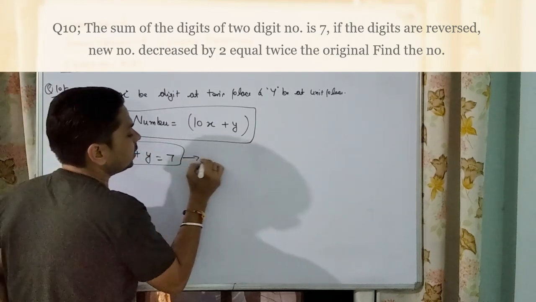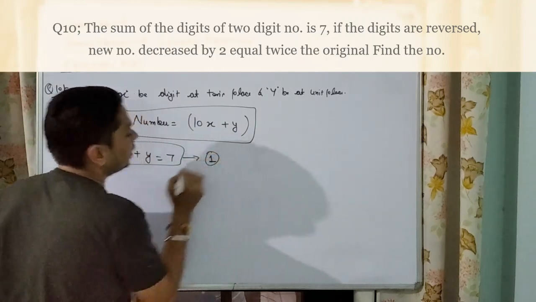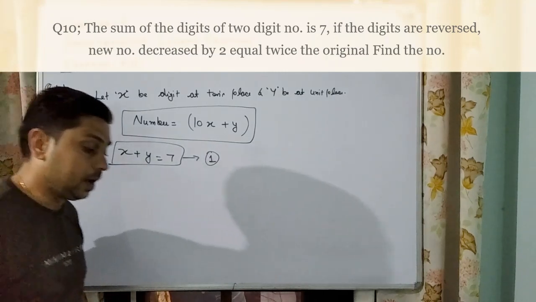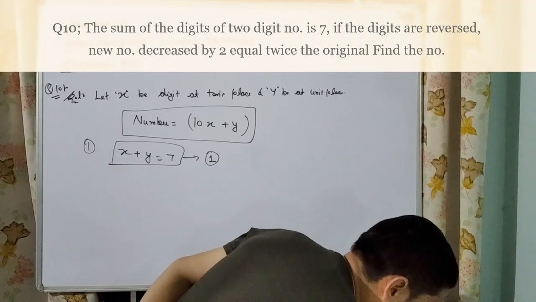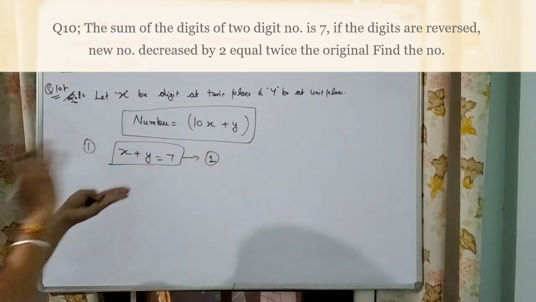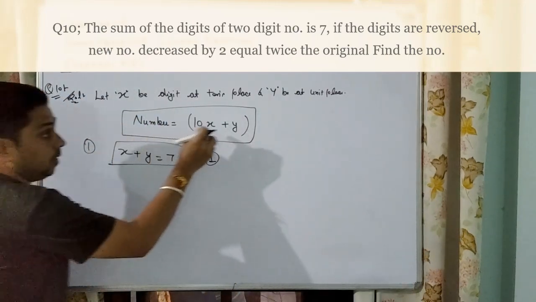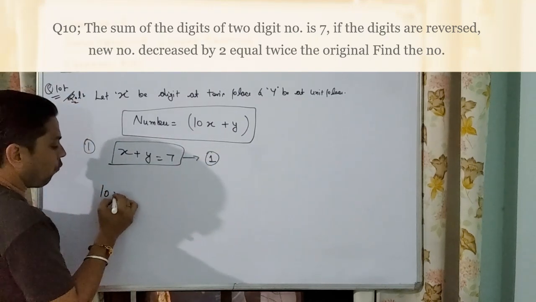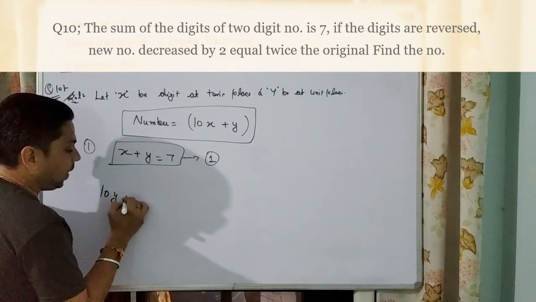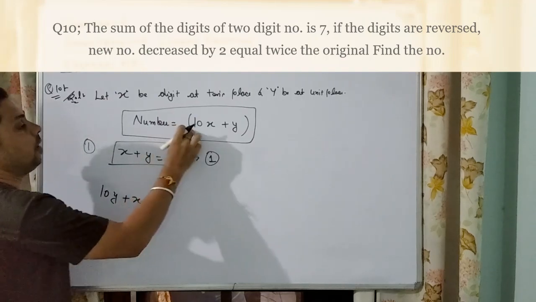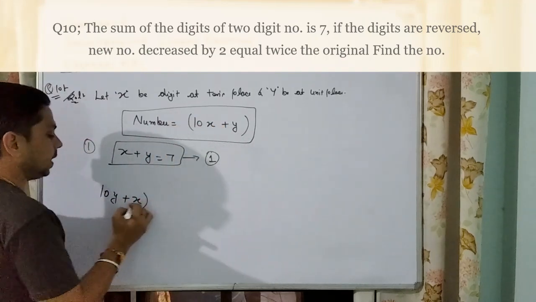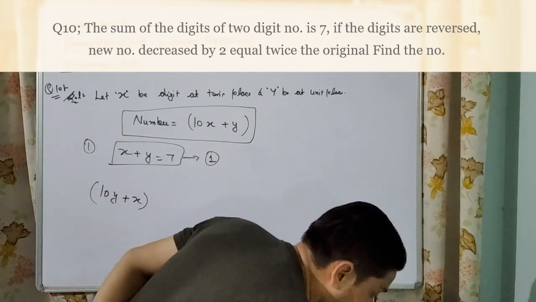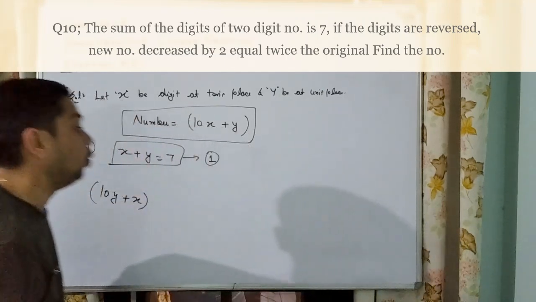This is the first equation that we have: the sum of the digits of the number is 7. Now, second, if the digits are reversed, again we are going to reverse the digits. If we reverse the digits, then we will have 10y plus x. The new number will be 10y plus x. When the digits are reversed, the new number decreased by 2